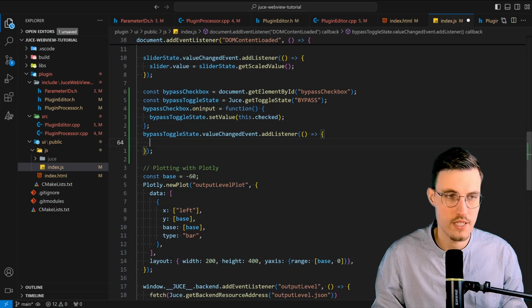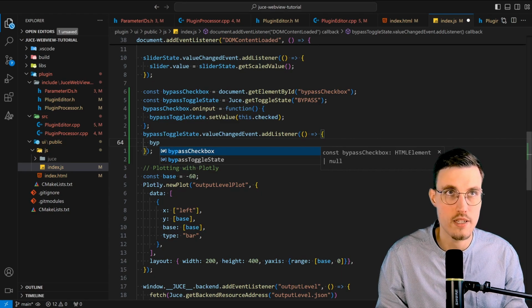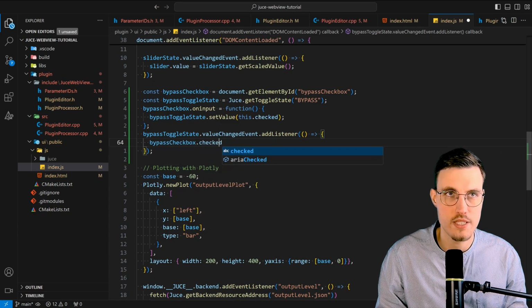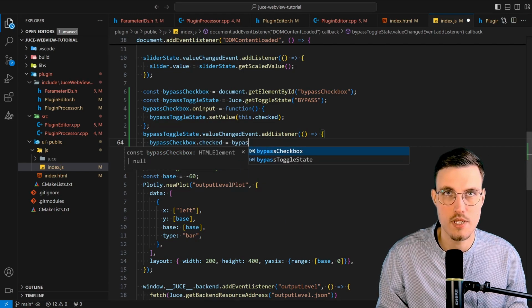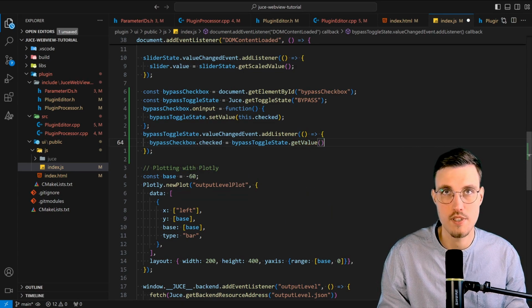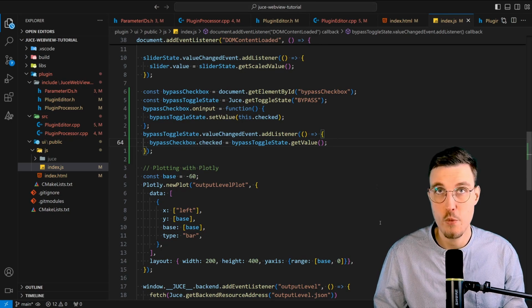So we don't take any arguments, but we simply, within this callback, we go bypassCheckbox.checked = bypassToggleState.getValue. And that's actually all that we need in our JavaScript, HTML, and C++ to have a WebView-based